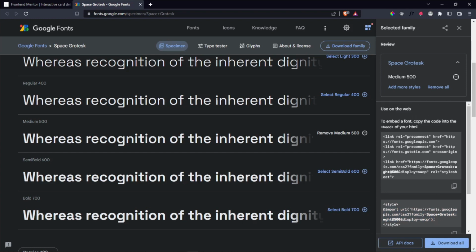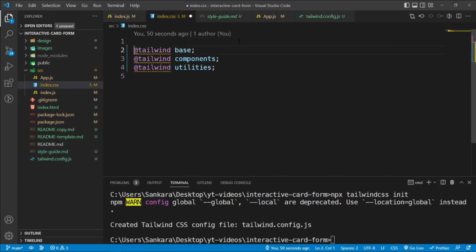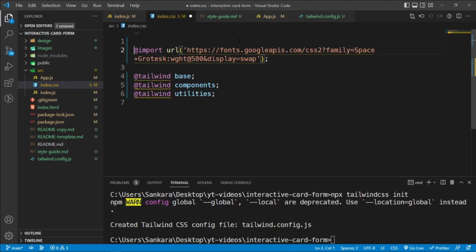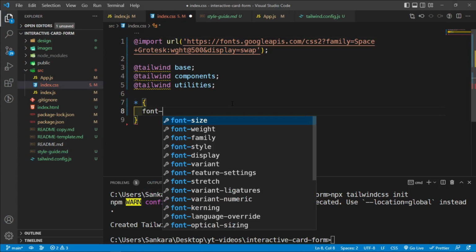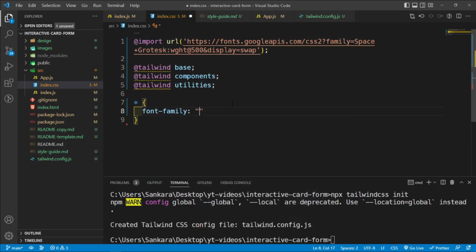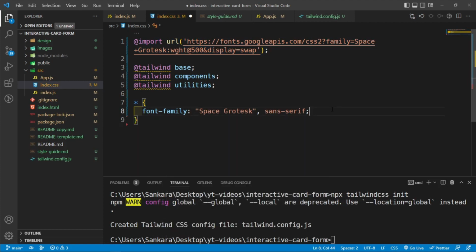So copy this, or you can do this by the way, and you can place it inside the HTML file, but I don't like doing that. So inside my CSS, then I'm just going to go above this, and then I'm going to paste this in, remove this line, and then I'm going to specify everything to have a font family of Space Grotesk with the fallback of sans-serif in case the font fails to load. And then let's also reset the margin. Actually, not, we're using Tailwind CSS, so we don't need to do this. So let's save this, and then now we can run our server by saying npm run start,